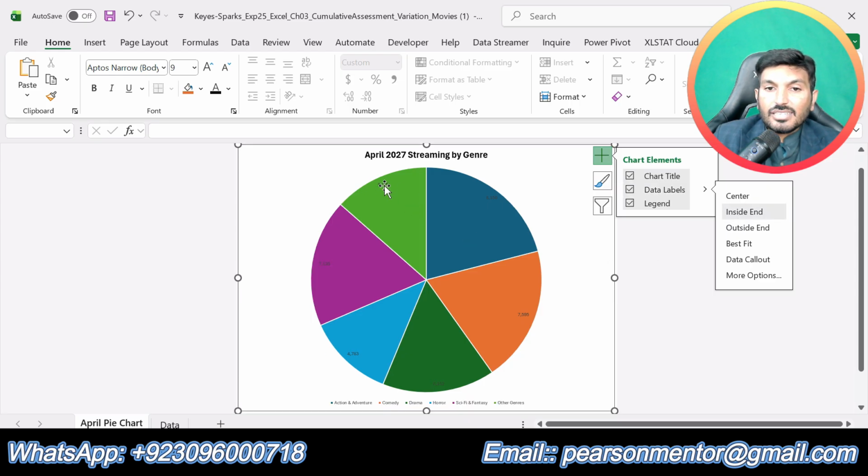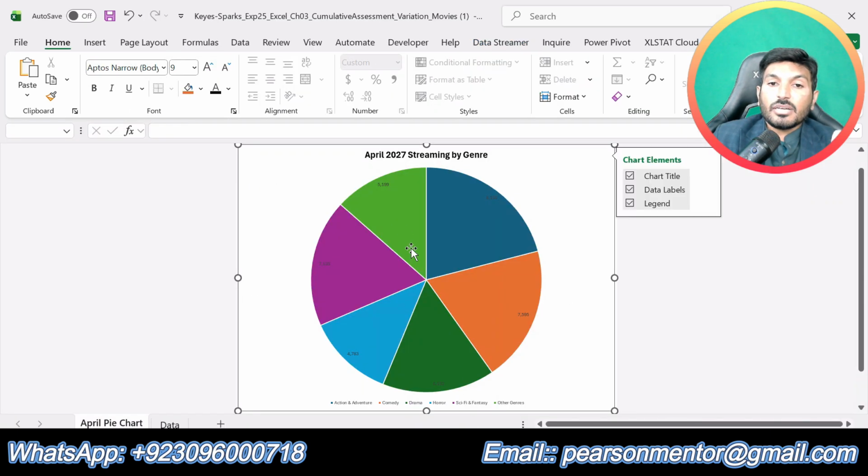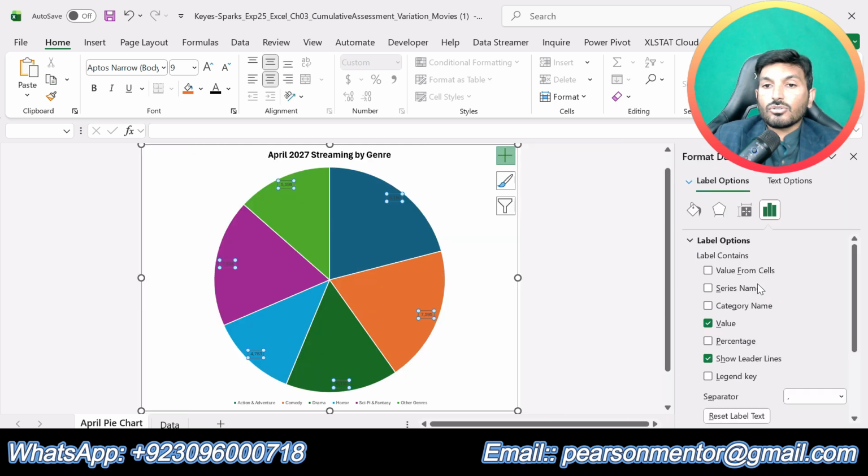So now you can see the data labels in the inside end position, but we are supposed to add the category name and the percentages in the labels rather than the values. So for this, again go to more options. So now we have the format data labels task pane. So now first we will check the box for the category name. So now you can see the category name in the data labels.